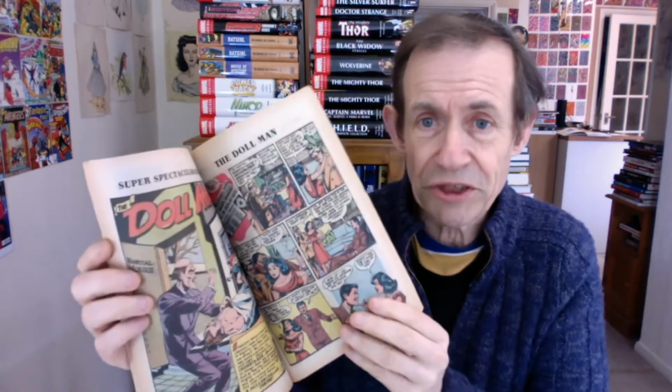For me, very few of these old Feature Comics turned up at comic marts or anywhere, so just great little stories. I think it said which there, and then on to the next story. I mean, it's quite well drawn. It's a really good story, perfectly reasonable, but it's basically just a punch-up story where some guy says you can't beat me, you can't always win, sort of thing. And then, of course, the Doll Man's going to win, and it always sums it up at the end with